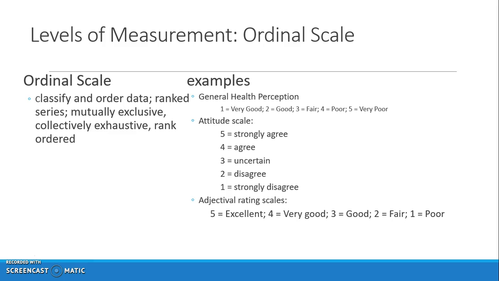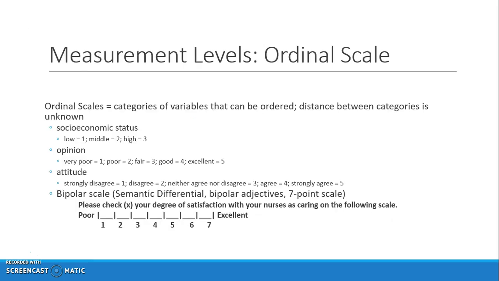Here you have a one-item instrument where you're eliciting a patient's general health perception from very good to very poor. An attitude scale for one item, strongly agree to strongly disagree. Adjectival rating scale, excellent to poor, all ordinal scales. Other examples, basically knowing that the intervals or the distance between the categories is not known, is socioeconomic status,